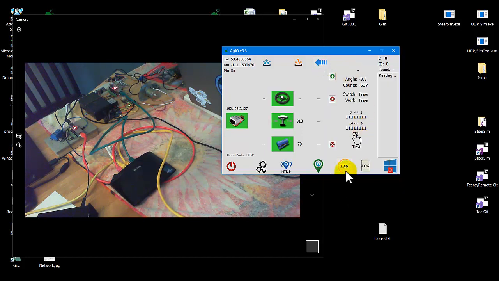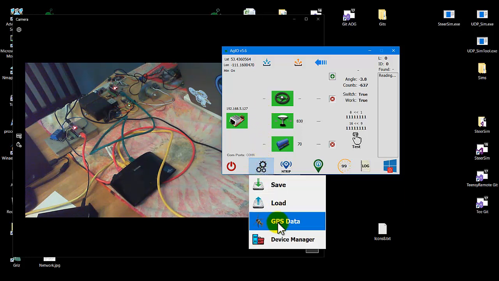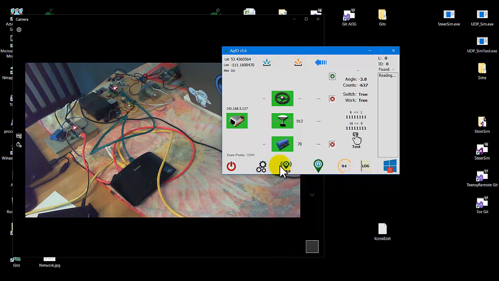Again, starts counting down. So the menuing has changed a little bit. The menuing has stayed pretty much the same. GPS data and device manager. GPS data is the same thing as touching here. And device manager, well, you know what that is. This brings up